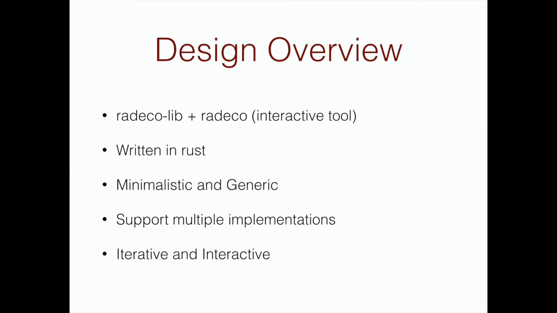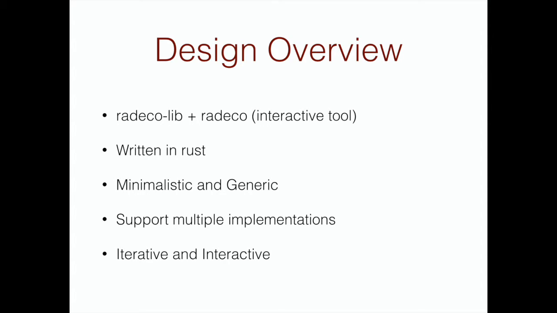So keeping this in mind, the main design idea is to be minimalistic and have generics. Now, though these two might seem like conflicting ideas, the main problem for us is to optimize, to be able to make a trade-off between having generics and being minimalistic. So the way we do this is we make all the APIs generic and have a single implementation which works in most cases. Of course, if something else works better for the use case of your binary, you can always have another implementation, and we can do that.